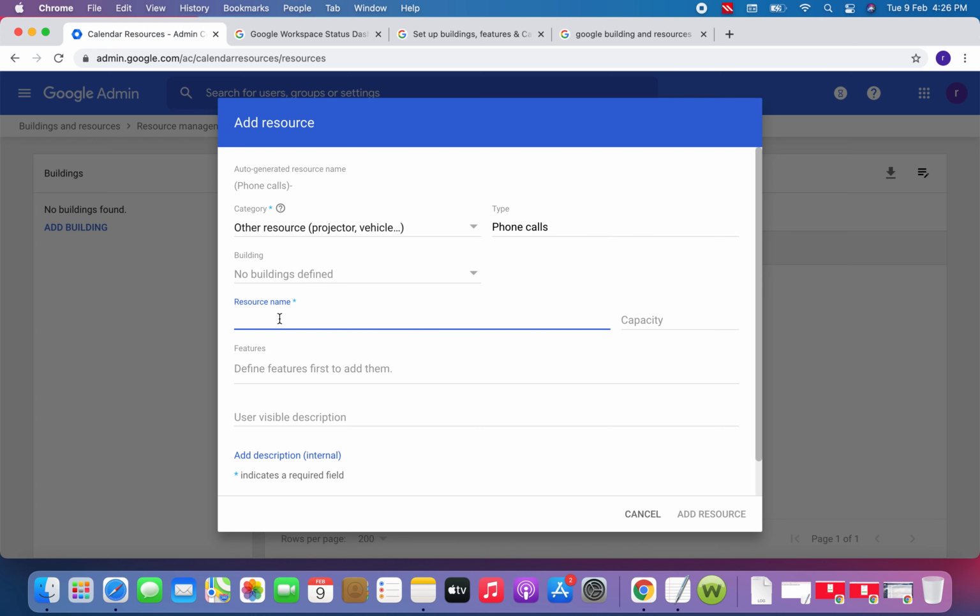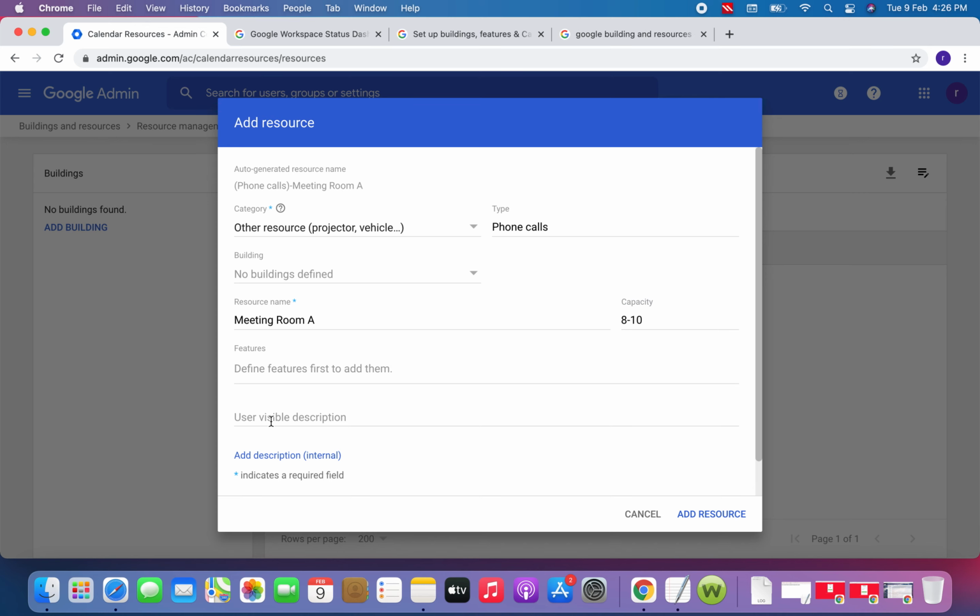Here I will give the resource name, meeting room A. Here you need to give the capacity. Let's say the capacity is 8 to 10. Capacity means how many users can sit in this meeting room.